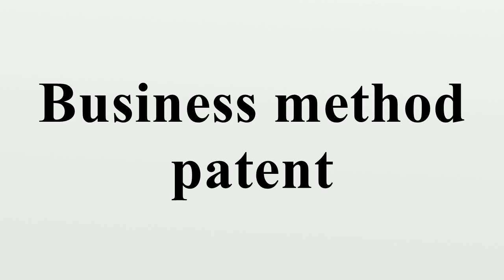Business method patents are a class of patents which disclose and claim new methods of doing business. This includes new types of e-commerce, insurance, banking and tax compliance, etc. Business method patents are a relatively new species of patent, and there have been several reviews investigating the appropriateness of patenting business methods. Nonetheless, they have become important assets for both independent inventors and the major